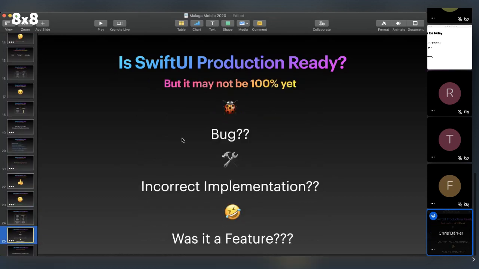But there are occasions when things don't work 100%. So when writing the book, I was up to about chapter 9 and hit a brick wall. It was late one night, it must have been about 10 p.m. in the evening. And I had this bug where I would tap on a UI bar button item,